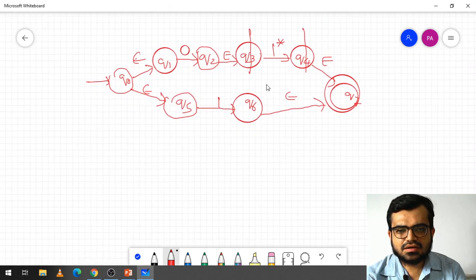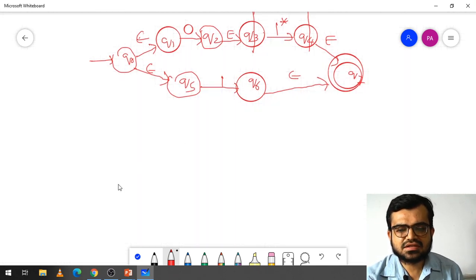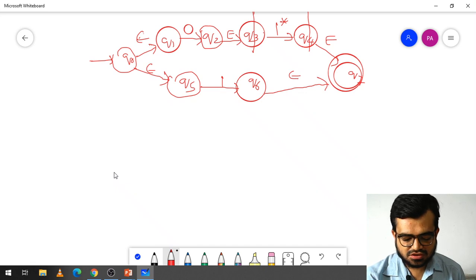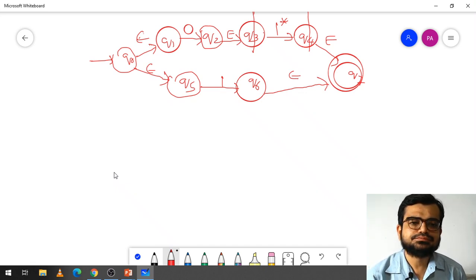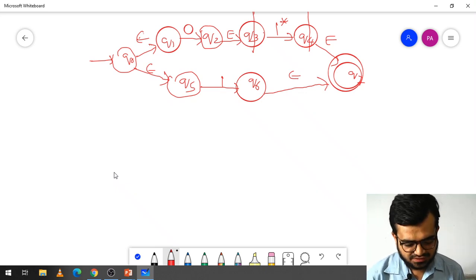Now we are again using this, and what we are doing here is expanding 1 closure with epsilon moves. So if you see this one, first the same thing we have to take here, but the 1 closure should be expanded.